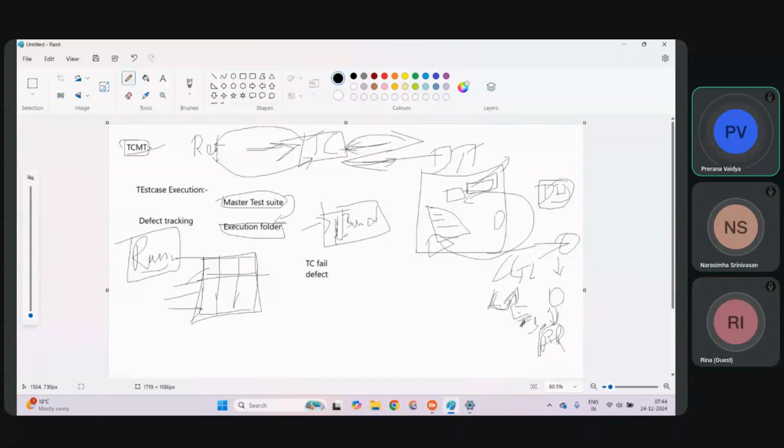Yes or no? Later he will update the status from assigned to fixed. Yes or no? Later, the test engineer will retest the defect. If the defect is fixed, we will close it. If the defect is not fixed, we will reopen it. That story we will do in defect tracking. Once the defect is tracked, the next step is